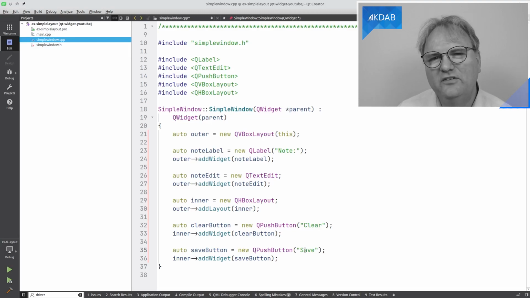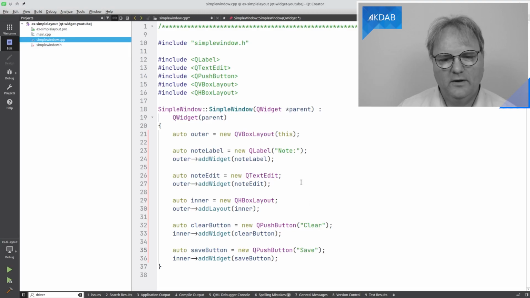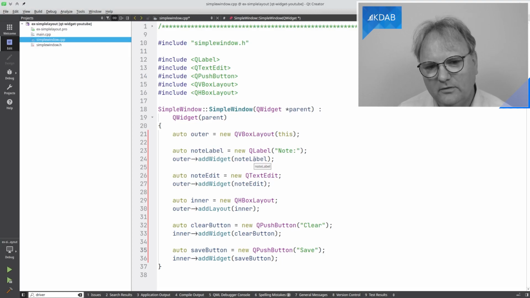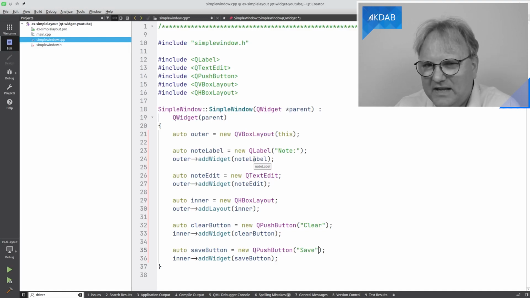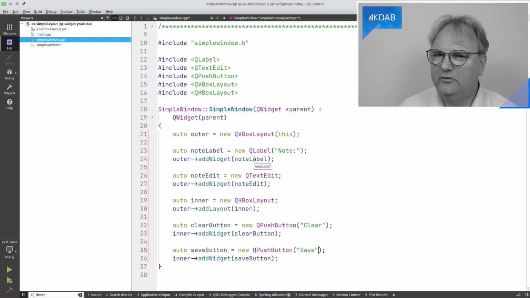And the reason why this works is that when I have a layout manager working for a widget, then as soon as I say outer add widget node label, it will say, okay, so you are now being laid out by me, which means that you better be a child of the parent that I am working for.